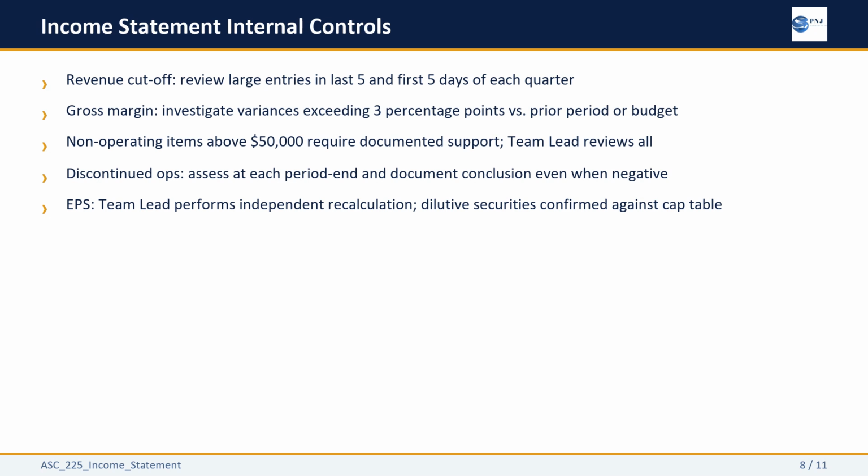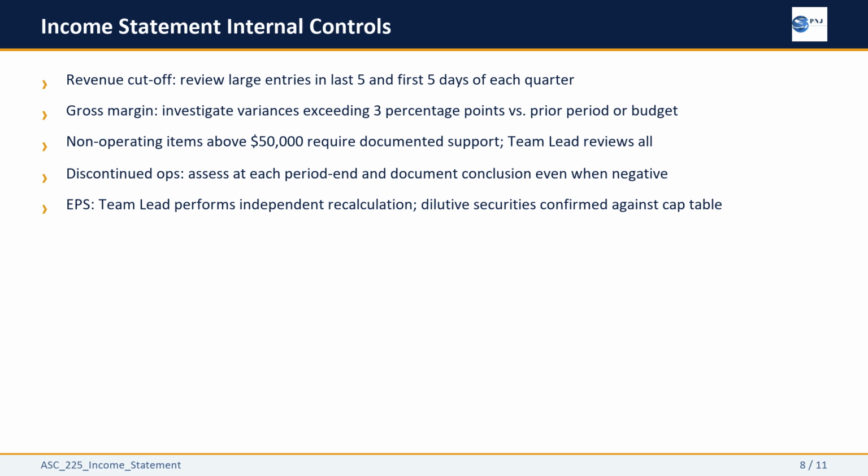The income statement carries specific control risks, and each one has a targeted control. Revenue cutoff testing focuses on the last 5 days of each quarter and the first 5 days of the following quarter, the window where timing errors are most likely. Gross margin is reviewed by product and segment, with any variance beyond 3 percentage points triggering documented investigation compared to prior periods and budget. All non-operating items are reviewed by the team lead, and any item above $50,000 requires documented